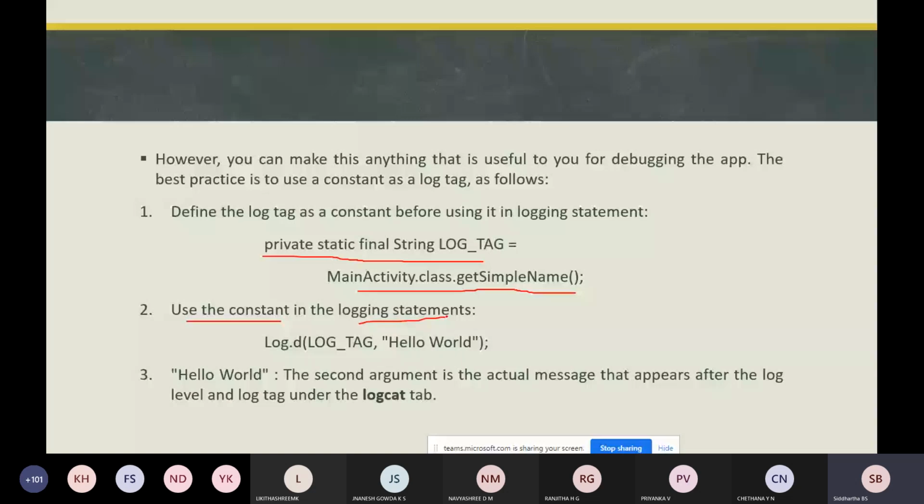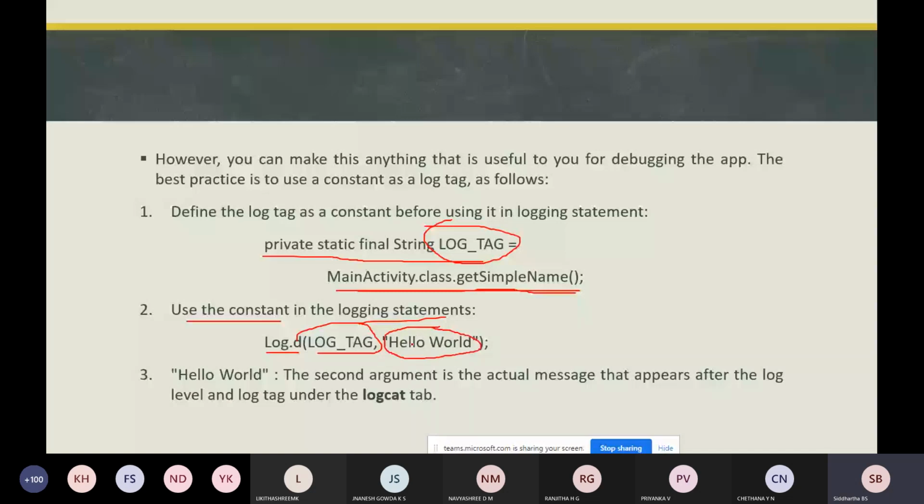Log.d, with the constant you have declared here. So what is this constant? Within this LOG_TAG constant, we will have MainActivity.class.getSimpleName. What does it mean? Whatever name you have specified here, it will get that and print it.